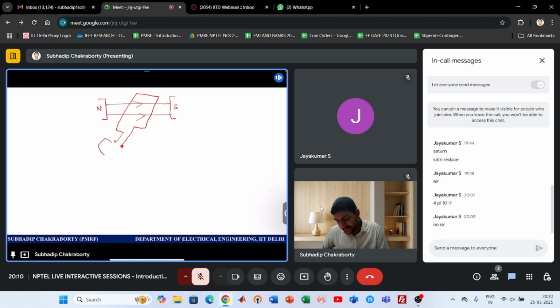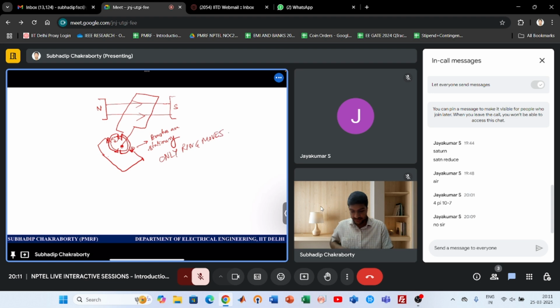So you have externally connected some commutator arrangement. There is a commutator arrangement. So there is a ring which is cut like this and this is known as a commutator, right? And there are brushes. So what it does, brushes are stationary, right? Only the ring moves and the brushes are placed